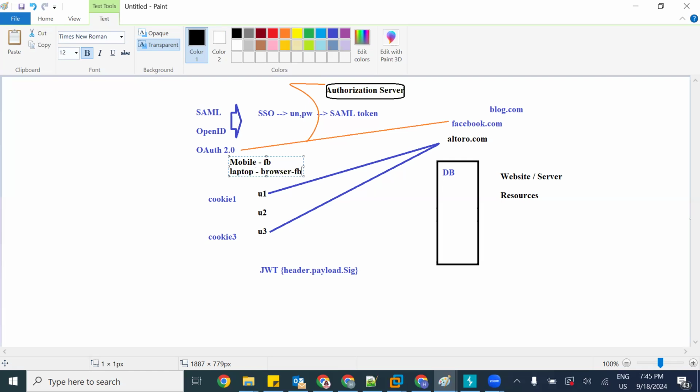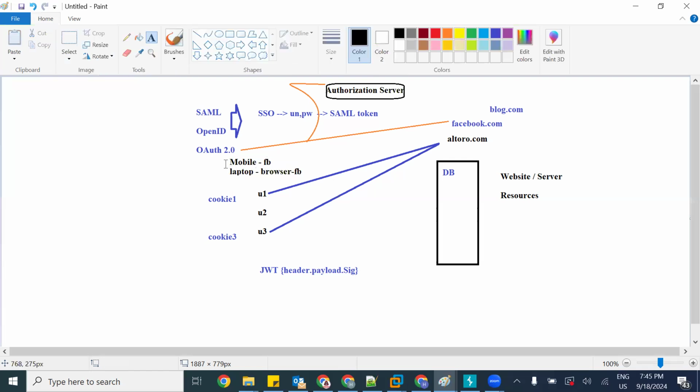The mechanism, how OAuth 2.0 supports it, is that the request, instead of directly targeting the resource server,